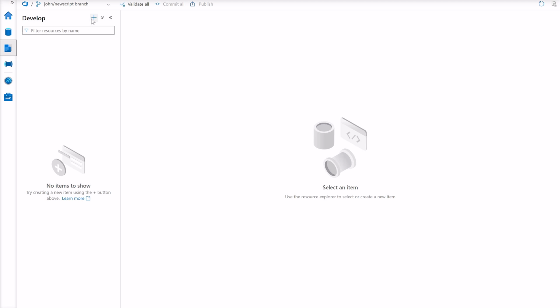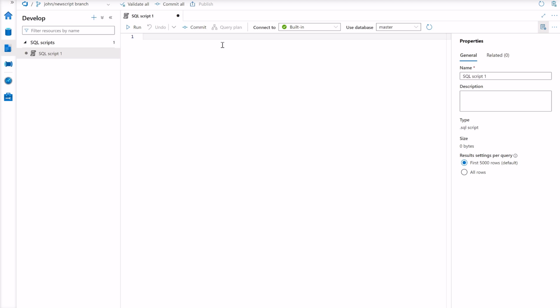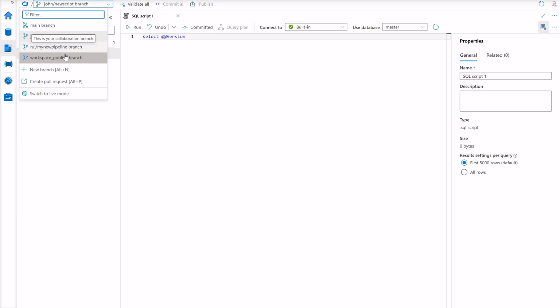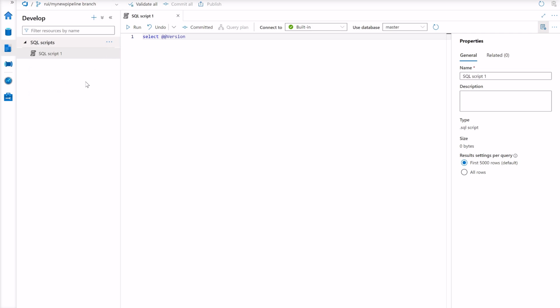So now what I'm going to do is to create a SQL script. Call it select version, for example. Doesn't matter now. And I will commit my changes. Now, what will happen here is that when I switch to my feature branch,